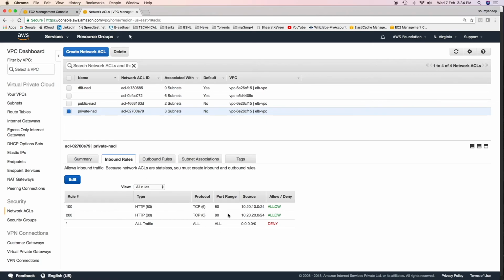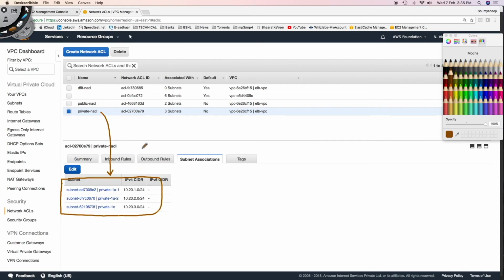Now if you see here, we have not created separate rules for health checks. The reason being our health checks are also getting performed on the same ports as that of listener. The listener port is 80 and protocol is HTTP. Similar is the case with health check. The protocol is HTTP and port is 80. It doesn't make any sense that we create separate rules for health check. All these firewall rules will cover both listeners and health checks. Finally, this NACL has been associated with all the private subnets.